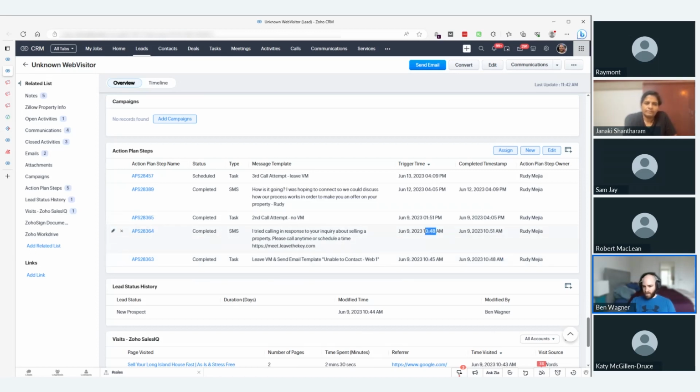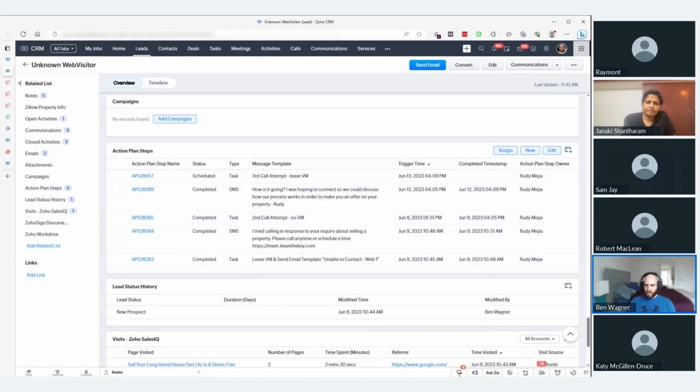At 10:48, it said, "Okay, we need to send a text message." And then the system, usually within 5 minutes, is able to run all the triggers. So 3 minutes later, it successfully sent out this text message. And then when it was time based on the delay, it created the subsequent task when that got completed. So we have timestamps for when it was created by the system and when it was either completed by the